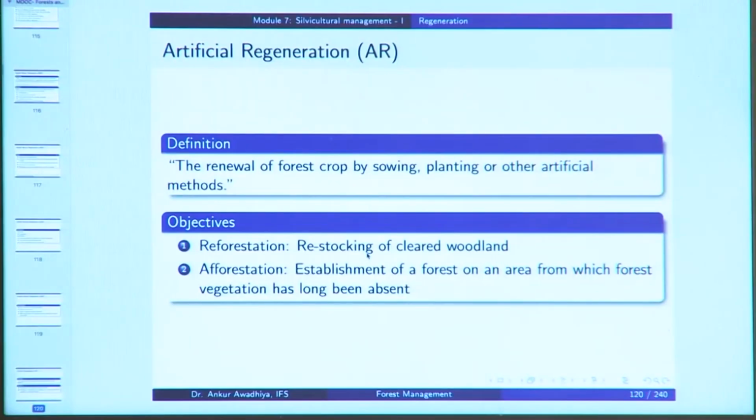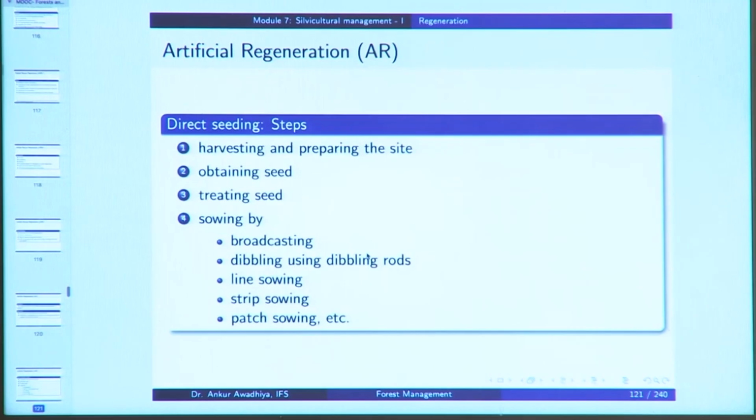Next, we have artificial regeneration, the renewal of forest crop by sowing, planting or other artificial methods. Objectives are either to reforest, in which case you are restocking a cleared woodland, or afforestation, in which case you are establishing a forest on an area from which forest vegetation has long been absent. So, you are essentially creating a new forest. Steps: